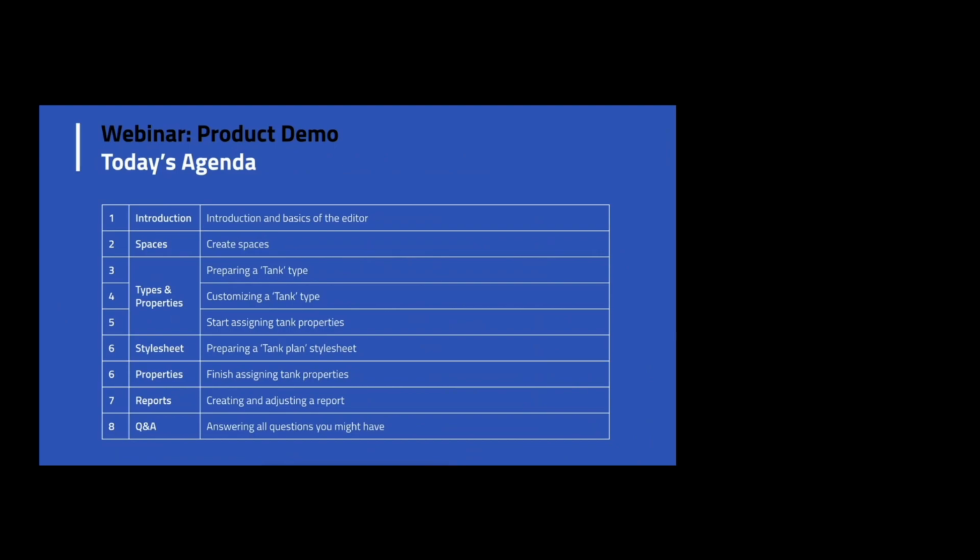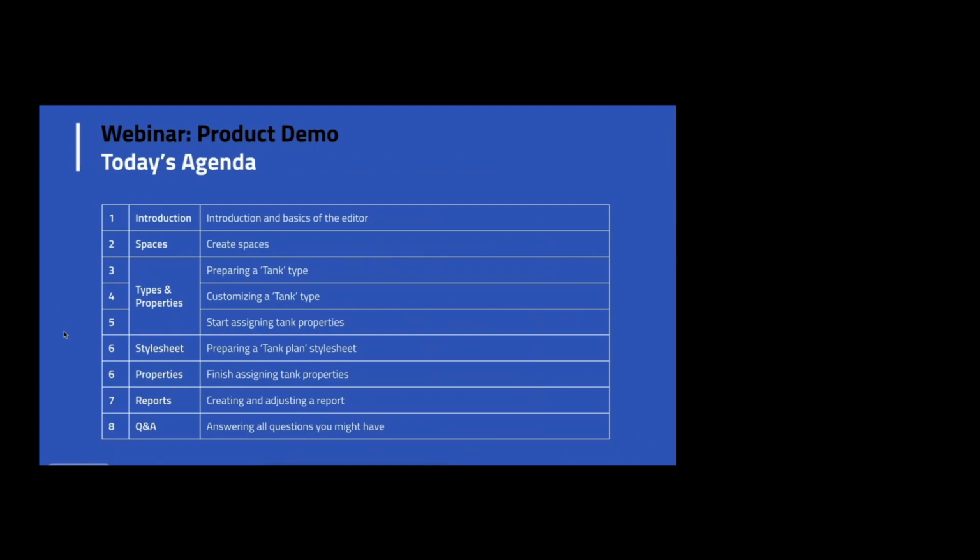Basically, what we would like to show you here today is the power of these integrated properties that Naval Architect stores in addition to just geometrical parameters. We'd like to show you how to display these parameters using the Stylesheets in Naval Architect. And the third thing is the reporting function, so basically extracting information from Naval Architect